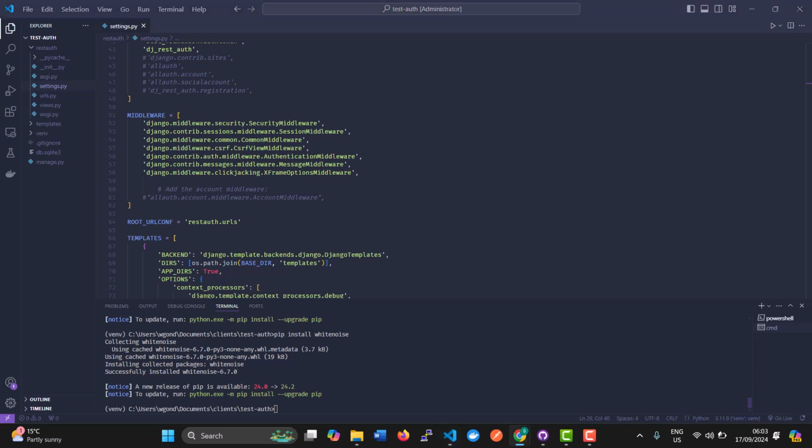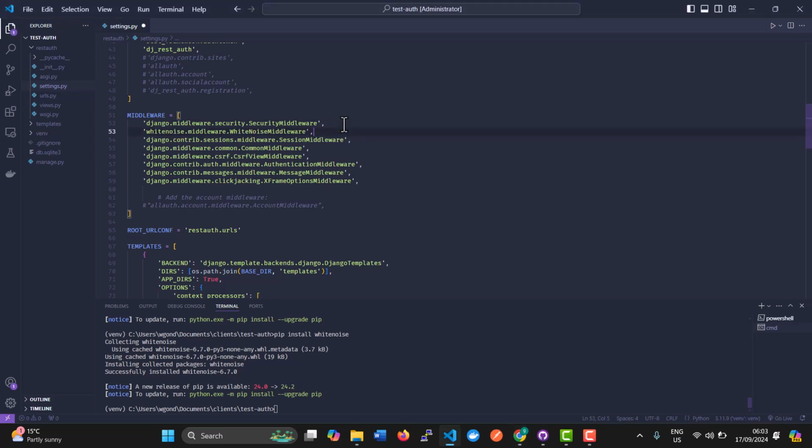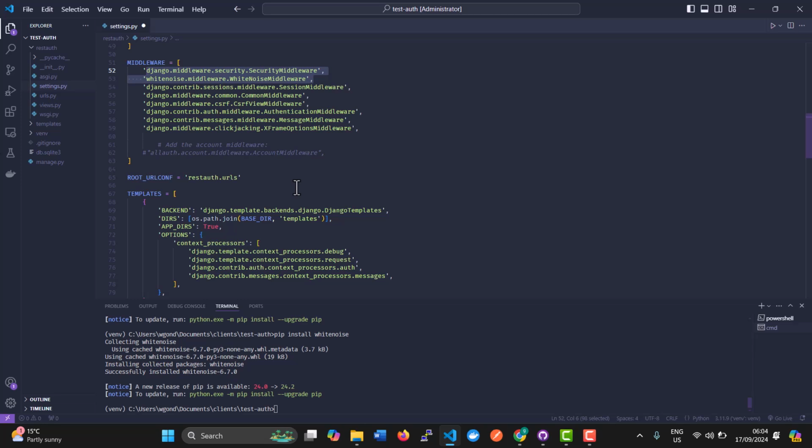It's recommended that this middleware is at the top, just before the security middleware. So right here we can add this middleware. You may have other middlewares on the top, but it's recommended that we have it here. So that's the thing. And after we've added the WhiteNoise middleware, the last thing that we need to do is